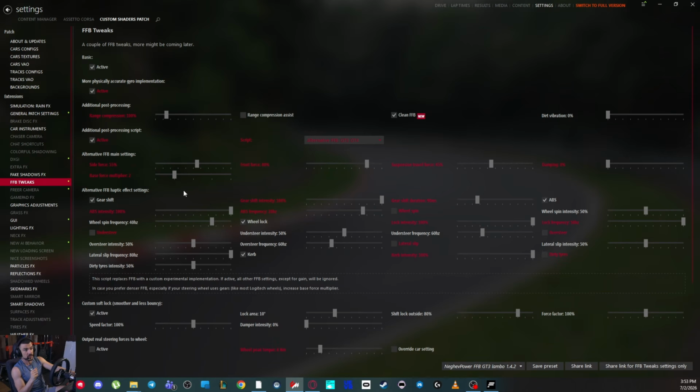If you have a Logitech wheel, you might want to set this to 2. It multiplies these side forces, front forces, and suspension travel force against the gain you have set in game. I suggest you set a gain for the base force feedback that is not clipping a lot, like I said, and then you can multiply these forces on that effect. So let's say you have a Moza R3 wheel, 50% force feedback in game may be too low for you, but you can leave that at 50%, because Assetto Corsa has